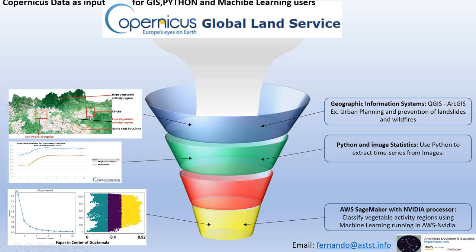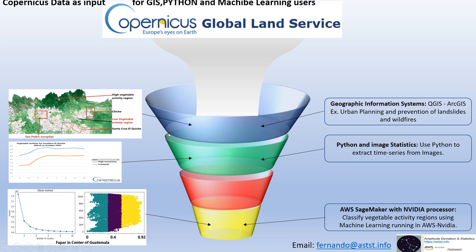Here we have a 3D picture of the vegetable activity on the mountains and the low photosynthesis levels on the low levels of the mountains, creating the risk of wildfires and landslides because you don't have vegetation over the town that we have here. So this is the first application that we can do for the Copernicus data for urban planning